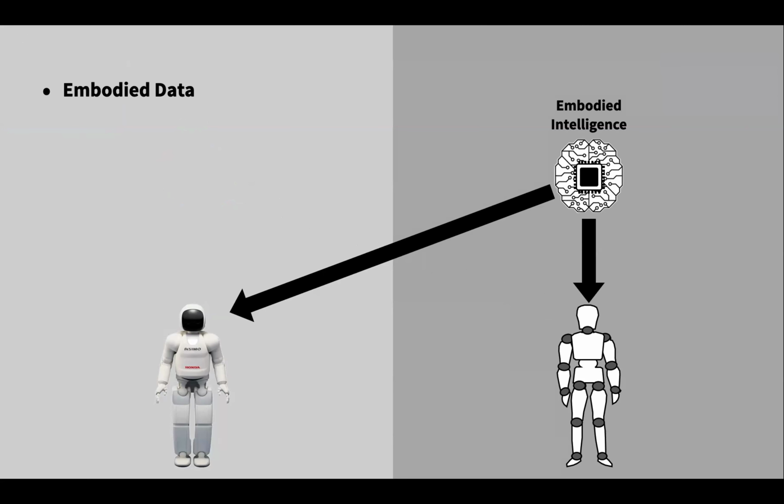First of all, we need to think about how we capture human motion, human movements for embodied intelligence, and we also need to think about how we train new large multimodal models for human motion. We also need to think about how we can adapt those pre-trained models for embodied applications. So these are three buckets of research directions that we're very interested in in our lab. But today I'm going to just focus on embodied data.